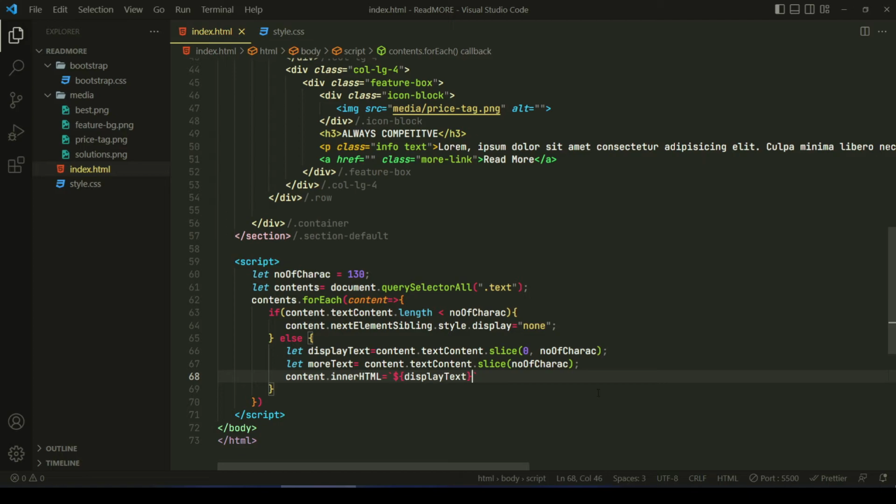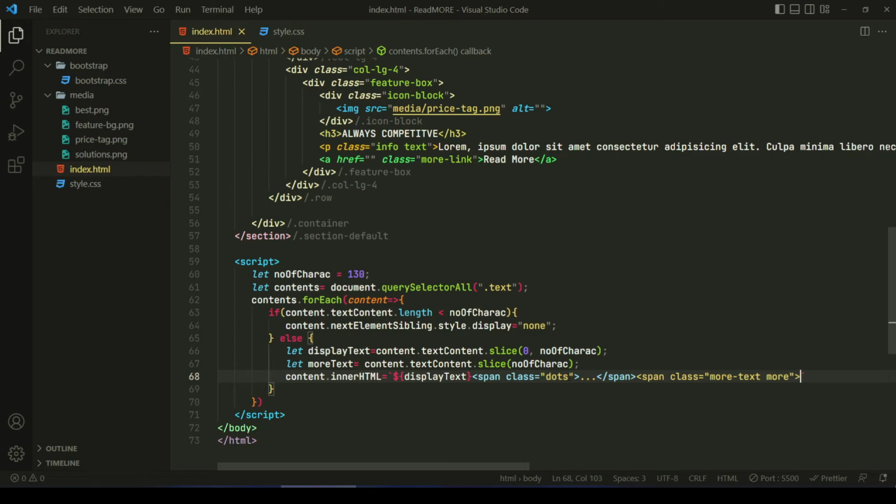After the curly braces we will give a span tag, here the class will be equals to dots, we will be putting the dots class in double quote, and we will close the tag, and here we will put like something showing read more, there is more text, so we are putting dot, and then we will put here another span tag, its class will be equals to more text, and again another class will be more,